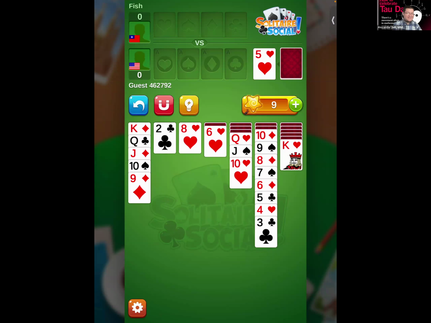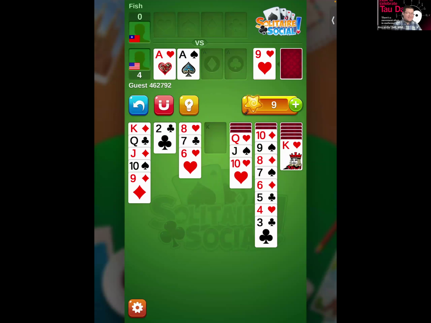So let's flip. Nope. 4. Nope. Flip. We haven't hit an ace yet. I'm very surprised. Flip. No aces yet. There you go, the first ace. 7. Yes, we need a 7 there. Yep, that works. We can move the 6. 6 right here. There's an ace. Flip. We can move this king over here. Amen.